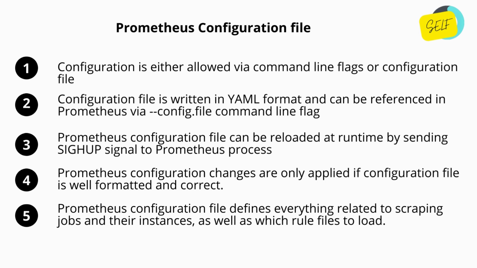So the very first thing to know about the configuration file is that in Prometheus, we can implement the configuration in two ways. One is command line flags and the other is the configuration file. Now you'll think, what makes them different, or why do we need both? The thing is, the attributes or parameters which are immutable to your Prometheus, let's say TSDB related parameters, where you specify the TSDB storage path, retention and other parameters, or similar attributes which are immutable for Prometheus,